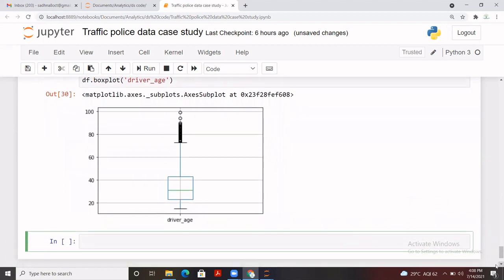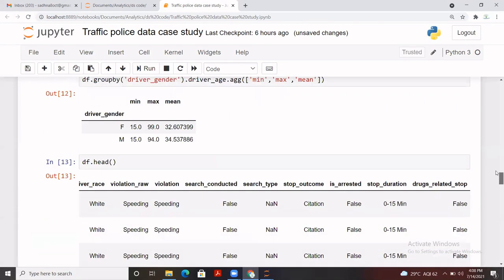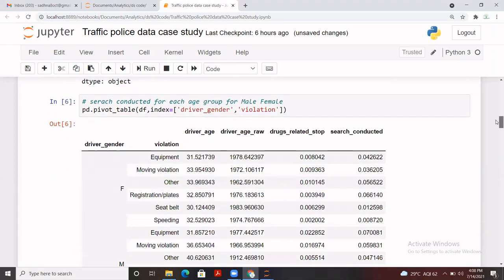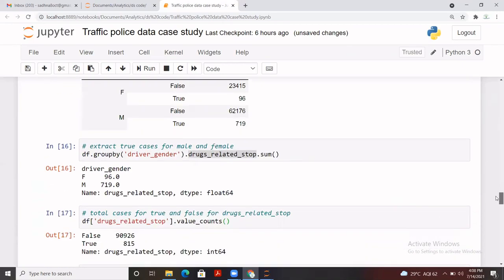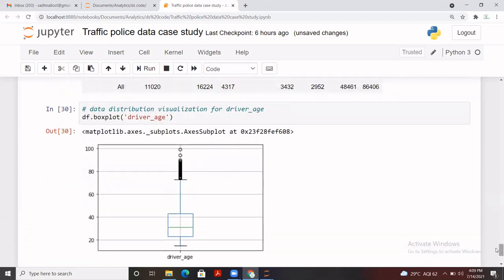For example, let's say we want to do some more analysis around it. I have just put a few of the key points, and now you can apply some more analysis and gain more understanding based on this data set. I believe you're clear on how to do end-to-end analysis. Before going through the data analysis, I recommend you go through the entire data set and try to understand the different columns, what the relations could be, and which industry or domain the data belongs to, so that you have a bit of an idea.